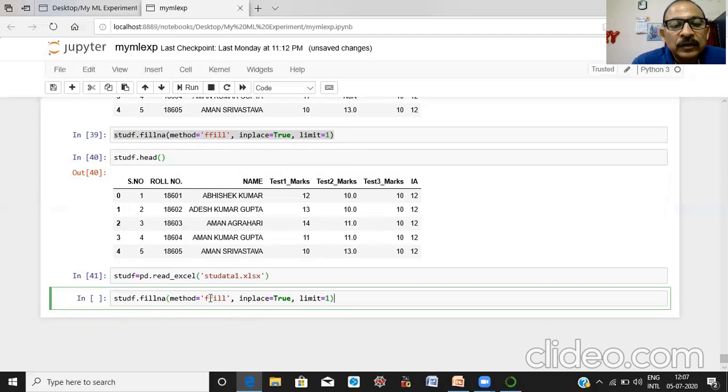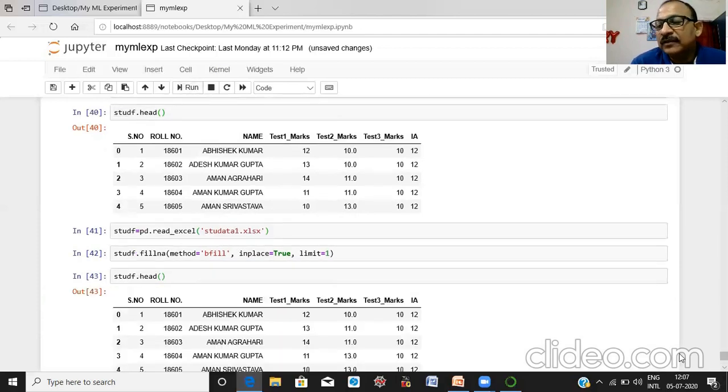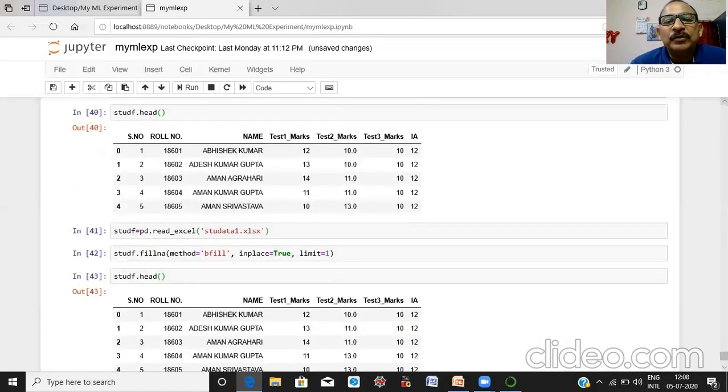Now, in the place of forward, write the backward, run it. Df head. Now you can see the missing values are replaced by the forward values. This is the backward replacement.